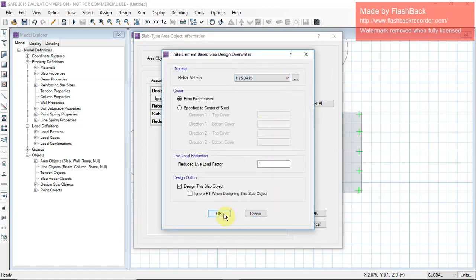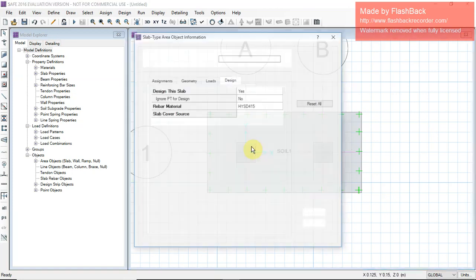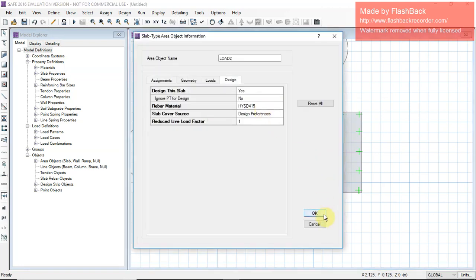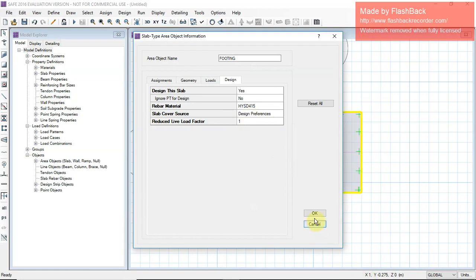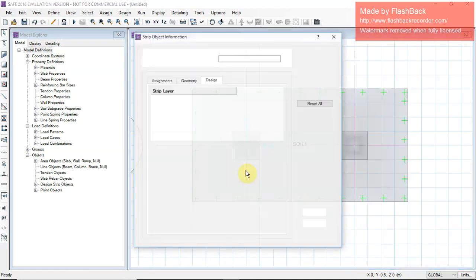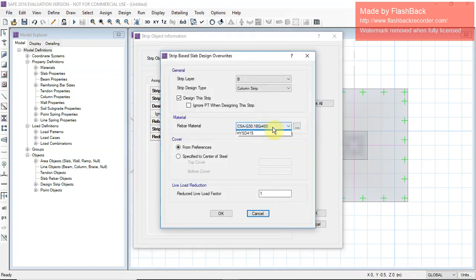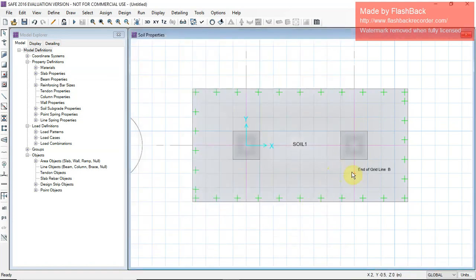You can check whether this column rebar material changed, this column rebar material changed. Now footing material changed. Now we change the rebar material of the strip, HYSD 415. Okay.